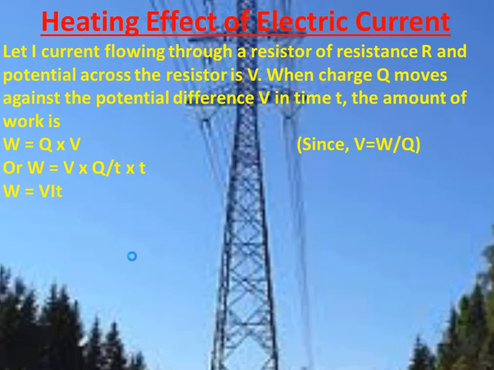Students, we know that a battery or a cell is a source of electrical energy. The chemical reaction within the cell generates the potential difference between its two terminals that sets the electrons in motion to flow the current through a resistor or a system of resistors connected to the battery.